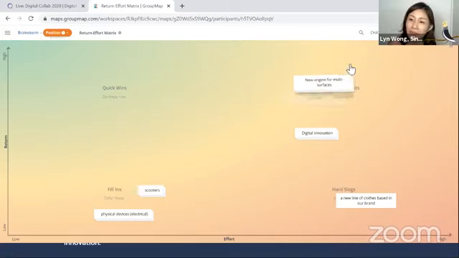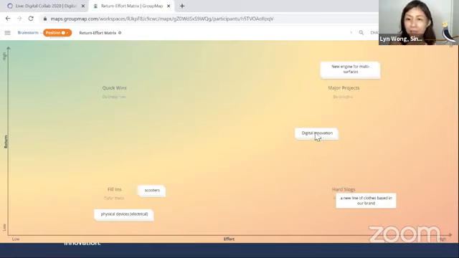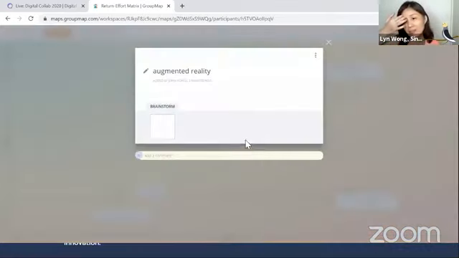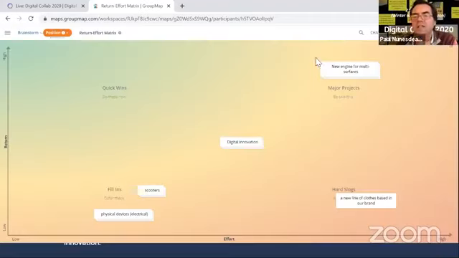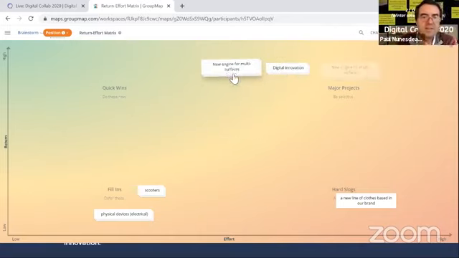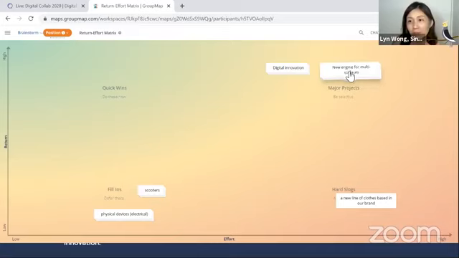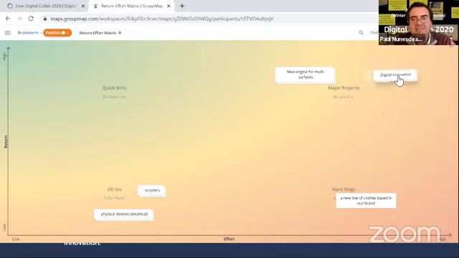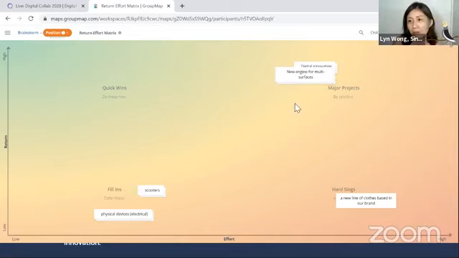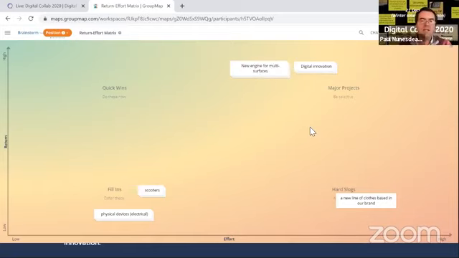Okay, then how about digital innovation? Where should it be, in terms of effort and returns? Where do you think? Lynn, sorry, I think that the new engine should be major projects, but not with the same effort as, for instance, digital innovation. Digital innovation should be at the top, and new engine will be a major project, but lower effort. Okay. So both under major projects, is it? Yeah, but new engine will be with less effort, right? Because we already have the manufacturing capability. Less effort. Okay. So I'll put it here, more or less in the middle.